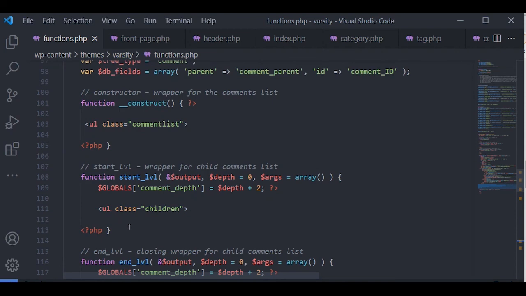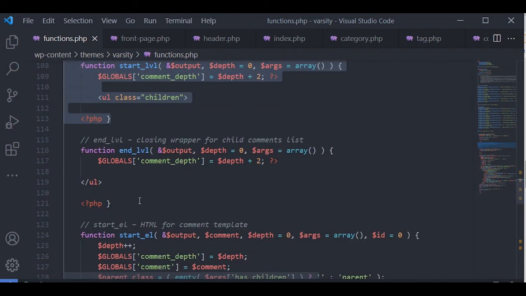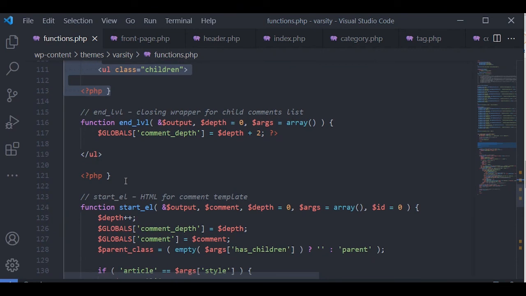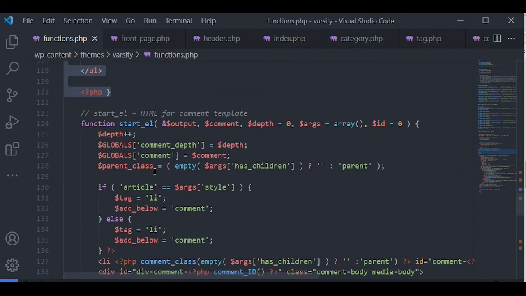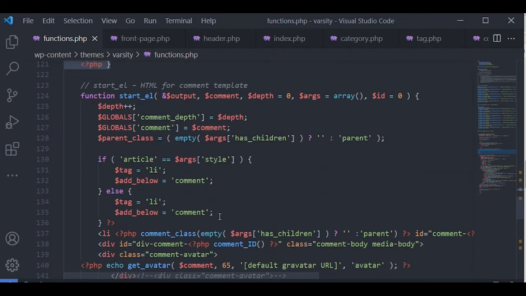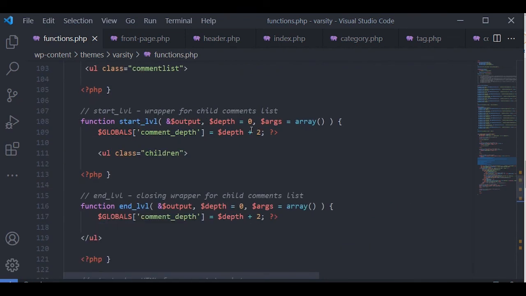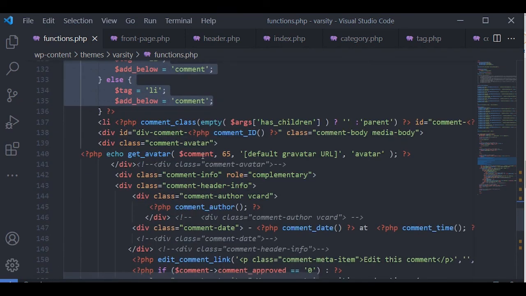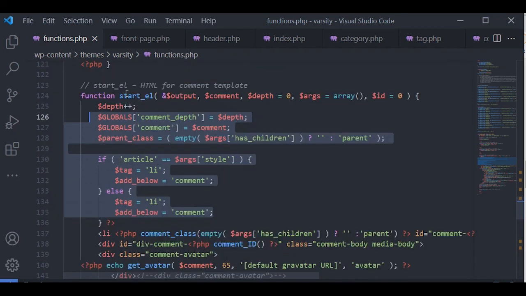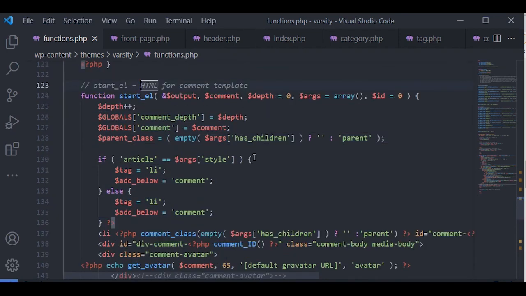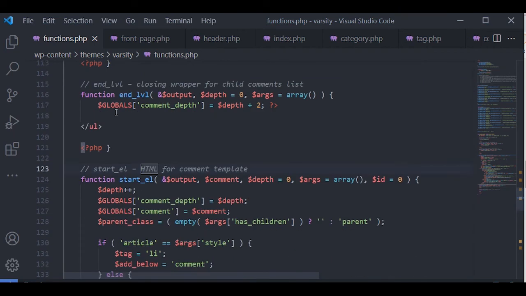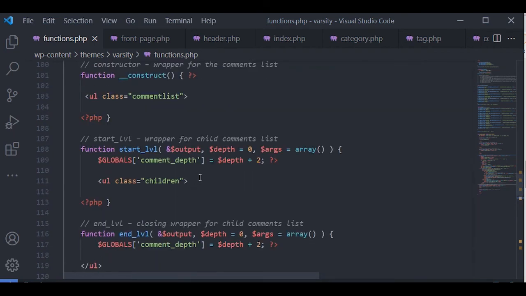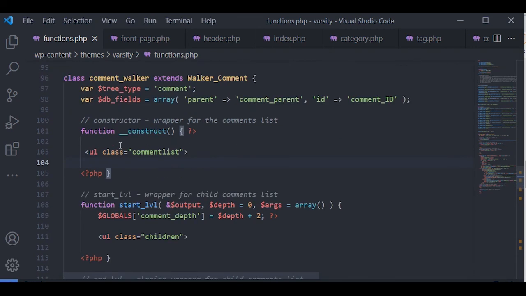Then we have different levels. So this is the first level, and this is what ends that first level. Then we have the second level. This one specifies the different depth at which we are. So this is the next level, which is the list. Here we define the first level, it's the main child, which is